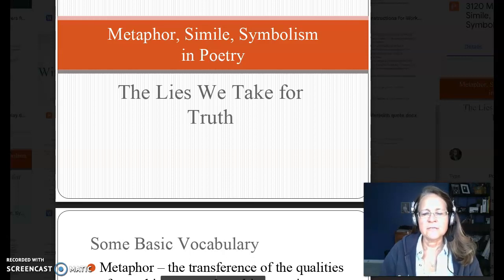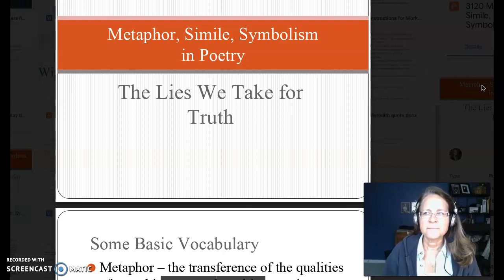So I want to focus in this lecture on some of the specific mechanisms for employing comparison in poetry, as well as other genres, but we'll be looking specifically at the context of poetry. A metaphor is a comparison, so is a simile, and symbolism. All of those involve representation that is accomplished by linking two things that ordinarily have no relationship. And in many senses, they are literal lies.